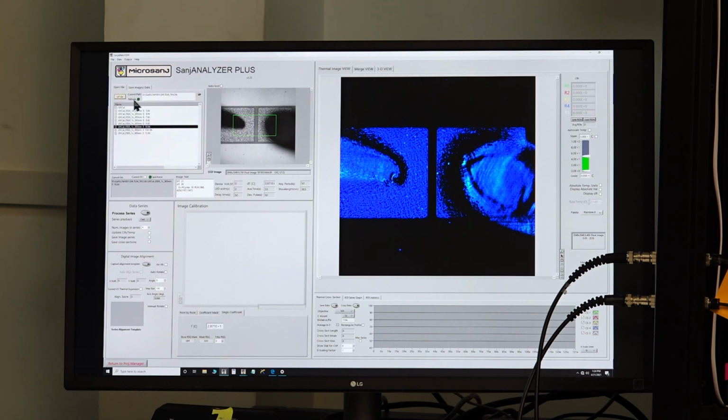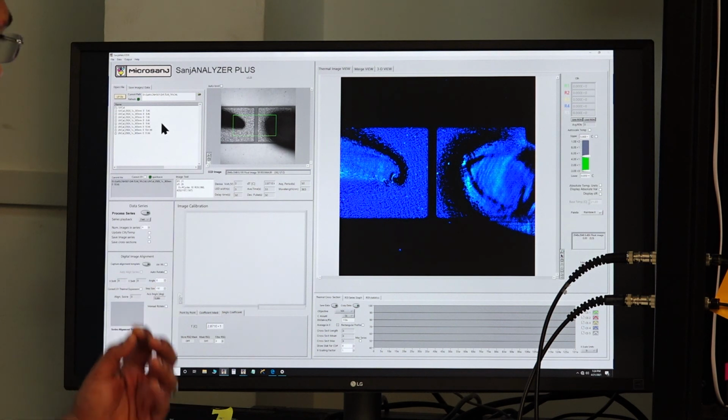To check whether it has been stored properly or not, we go back to this open file button, we click on this refresh. We see that 10S1, this file has been generated, which is the corrected version of the calibrated image. So now, once the calibration correction has been done, we load a thermal image which we want to analyze.